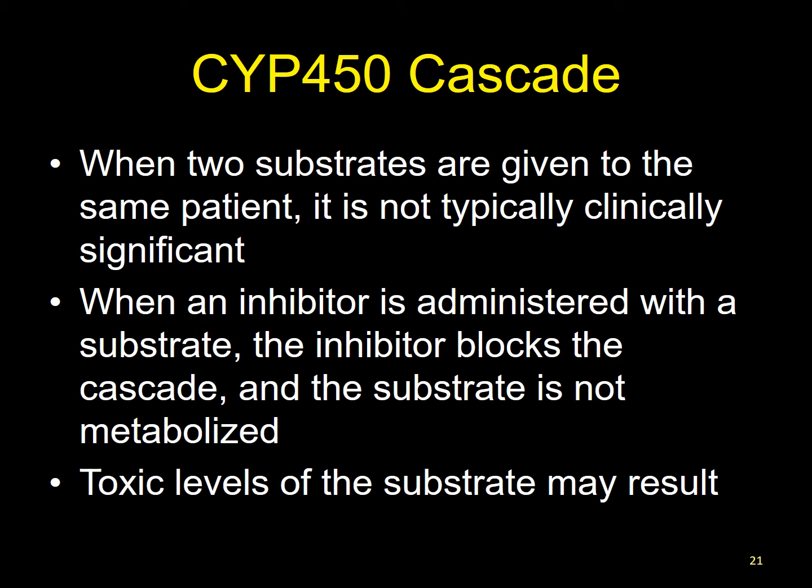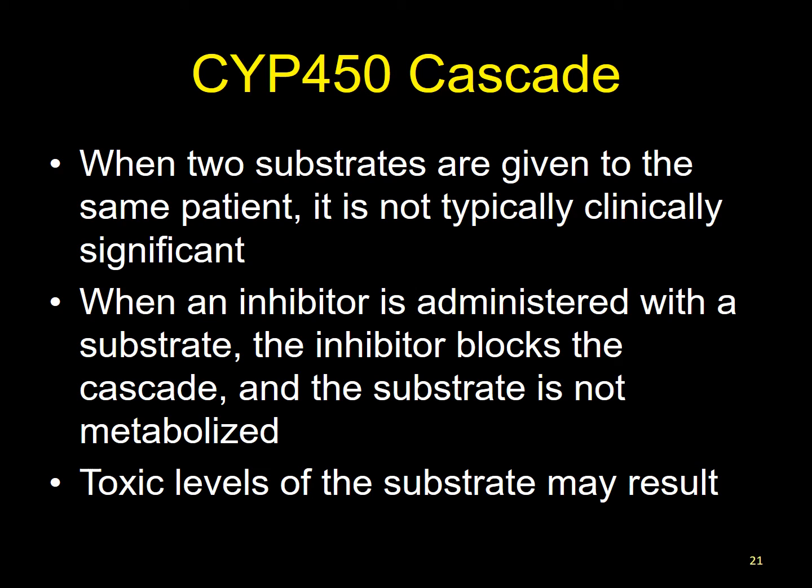And the reason for this is fairly straightforward. If you give two substrates at the same time, no big deal. Like I said, 2/3 of all prescription medications are metabolized by cytochrome P450. If you have a patient on polypharmacy, there's a fair chance that they're going to be on two medications that require cytochrome P450 for metabolism. This is to be expected and no big deal. It's like you open the door and two people want to walk out at the same time. Or you open the pathway and two drugs want to be metabolized at the same time. No problem. The potential for problems happens when you give an inhibitor at the same time as a substrate, because